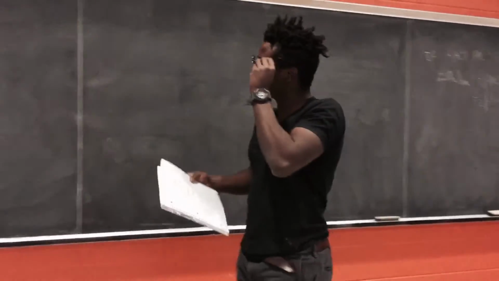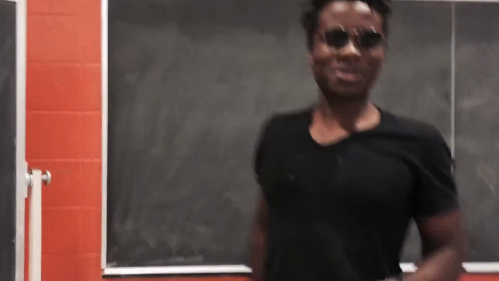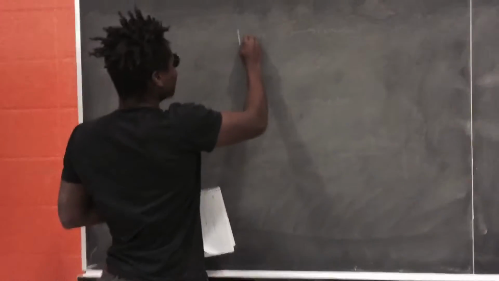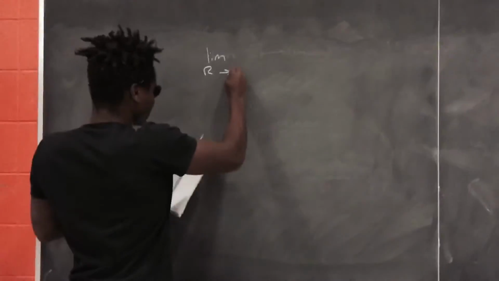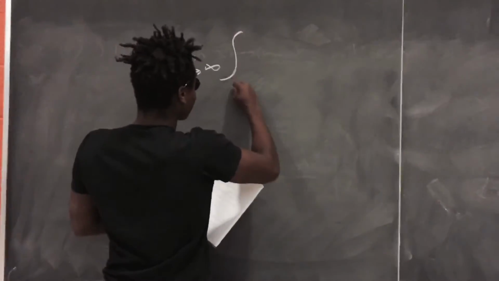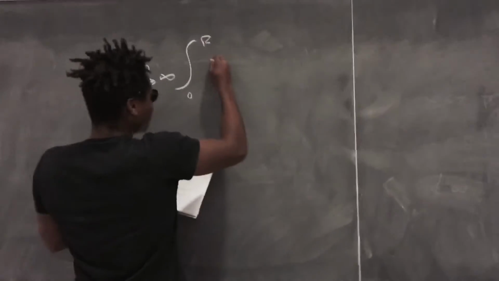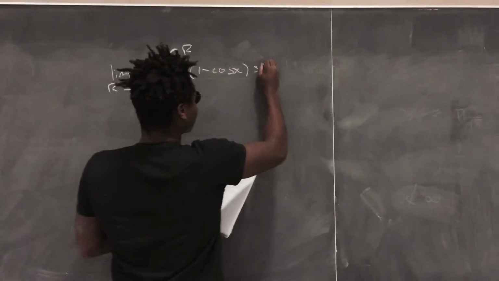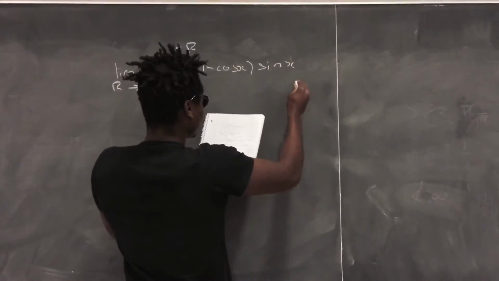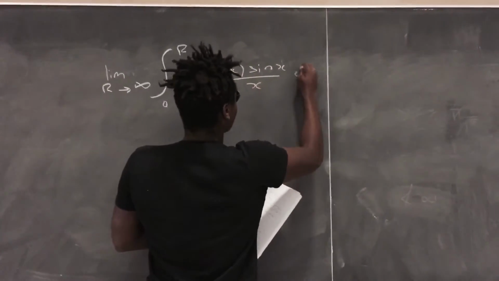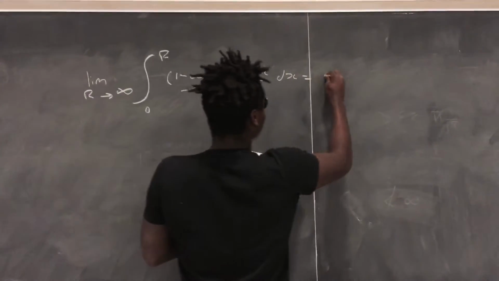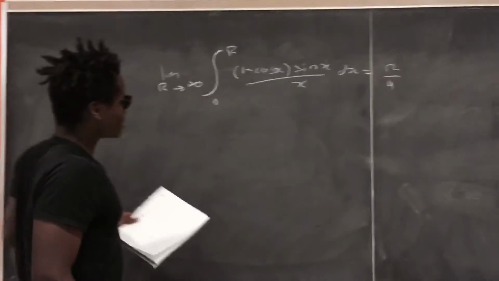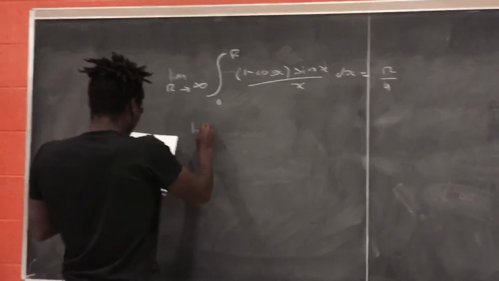Hello there. So, yeah. So let's keep this going. So we're going to show that the limit of this function is equal to pi over 4. Well, from our notes, we know that the limit of this function,